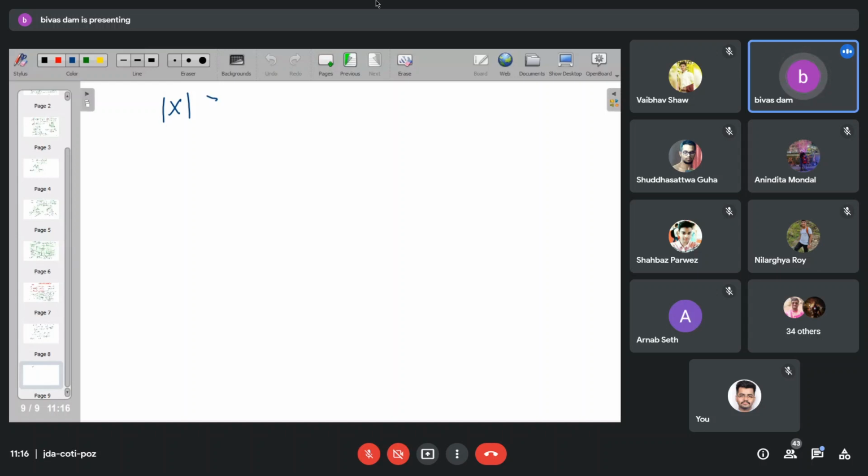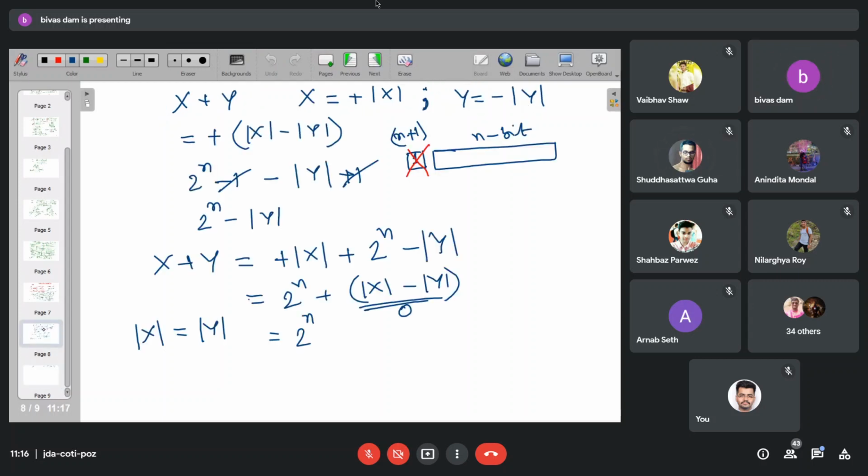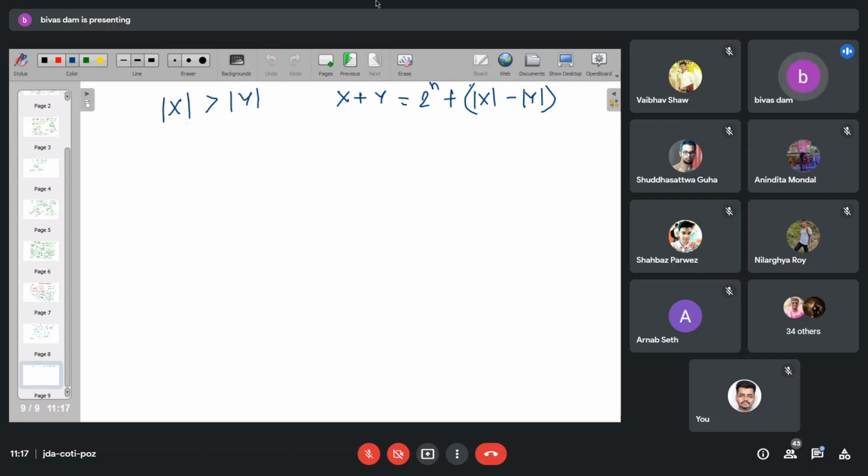Next option I am going for is mod of x greater than mod of y. Okay, by the way, that x plus y is 2 to the power n minus mod y plus mod x. Yes, sir, correct. So in case the magnitude of x is more than the magnitude of y, what will happen? What can you say about this quantity? Greater than 0. It is greater than 0. So that means